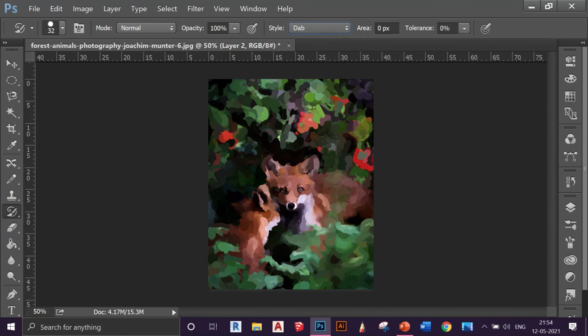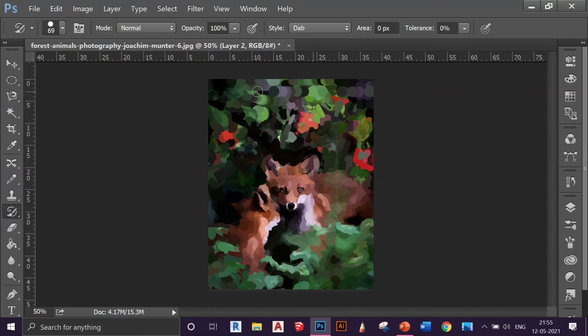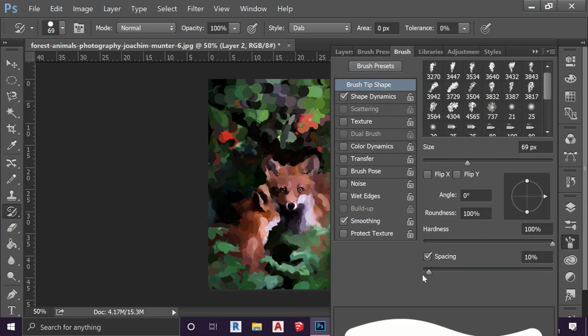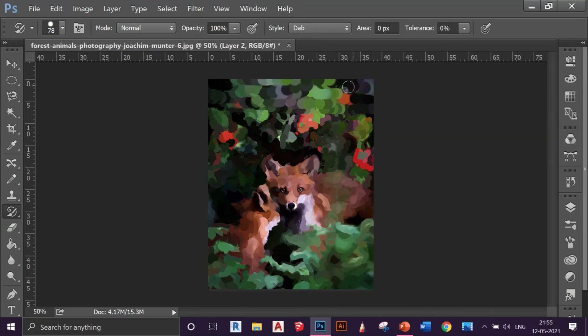Maybe I use a tab with a larger size. Maybe this much and then I do it. So it's totally up to you how you see your image and what you want in it. Also there are different things like we normally do in brush, like spacing, hardness or whatever you want. If you don't want the hardness and you want to merge it, so you can use it like this. And increase the size of it. So it's merging better, you saw. But that's how you can go with it. It's totally up to you the way you like it.